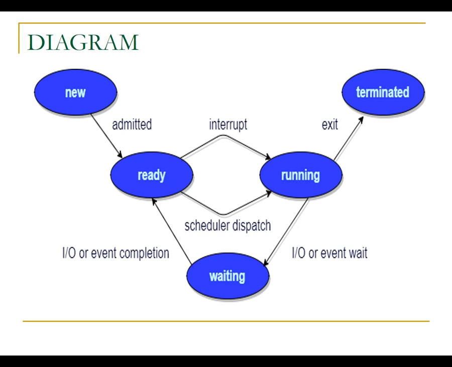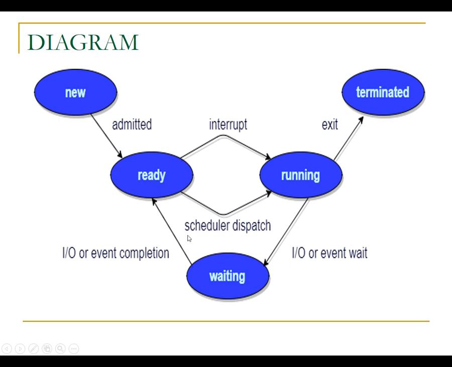Say for example, suppose any process gets generated by the central processing unit, then that process is called a new process. It gets admitted into the stack of storing all the processes. As we know, a process can be of any type, called mini process, micro process, or major process. Once they get admitted, they are considered as ready processes.